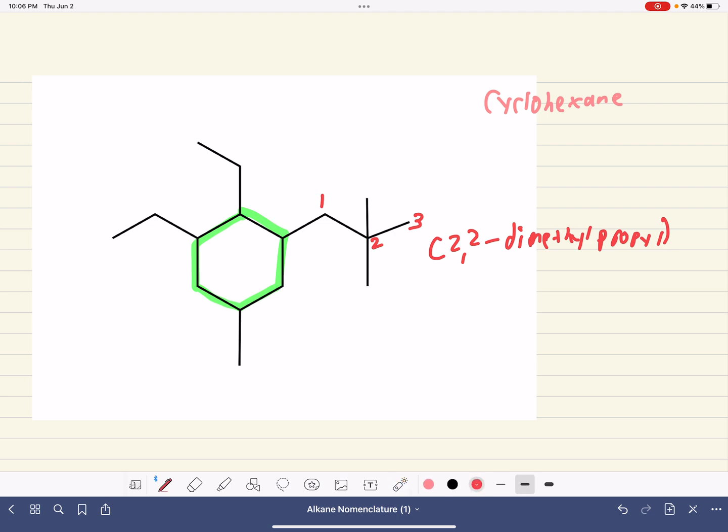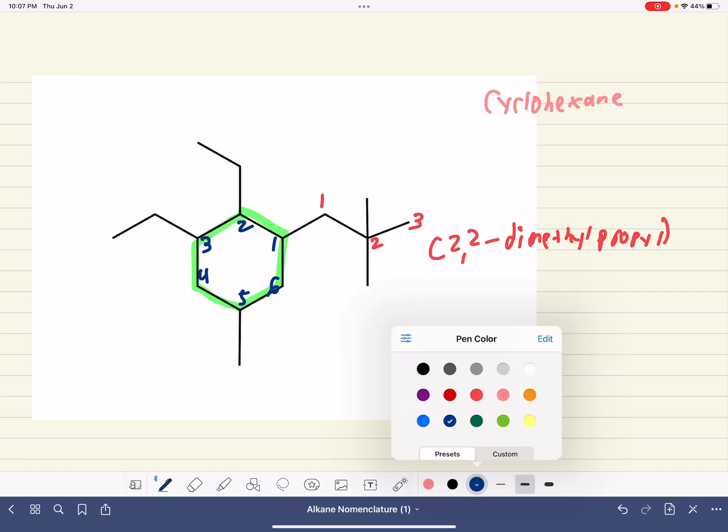So it would be, we haven't numbered the chain, my bad. So how would we number this parent chain? This substituent will obviously get priority, and then we would go in this direction. So it would be 1, 2, 3, 4, 5, 6. The complex substituent always gets position 1, and then we go in this direction because we encounter the substituents first. So this would be named